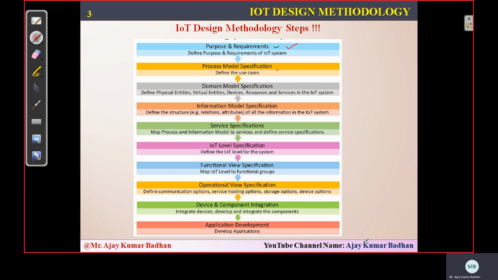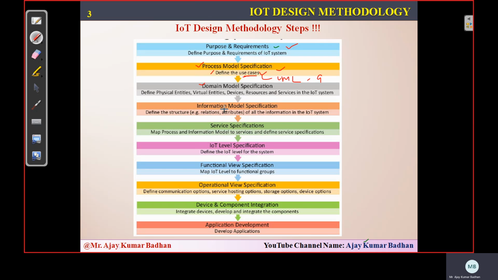Once this identification is done, we will go for the process model, meaning how that particular system is going to work. Whatever IoT system we want to design, how it is going to work, that we define. We will be defining the use cases related to it. This is from your UML diagram. I think you are very much familiar with the Unified Modeling Language. From there, you are going to assess this use case. We have around 9 diagrams: class diagram, object diagram, use case diagram, deployment diagram, component diagram. So in the process model specification, we define the use cases using which we come to know how the system is going to work.